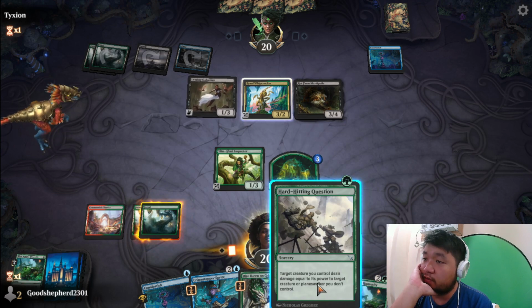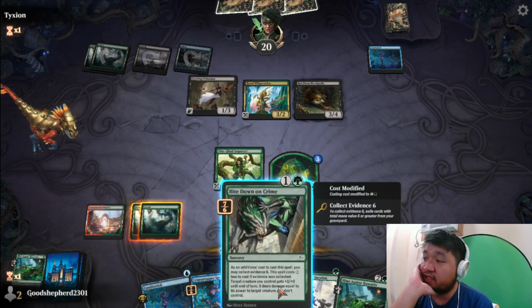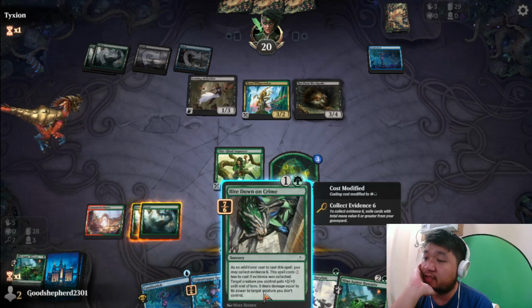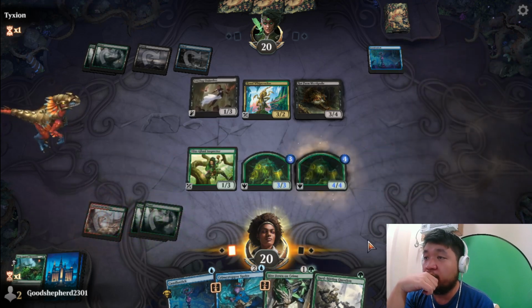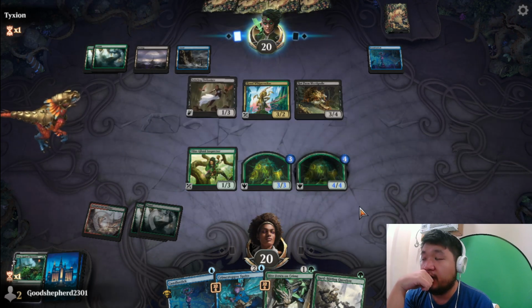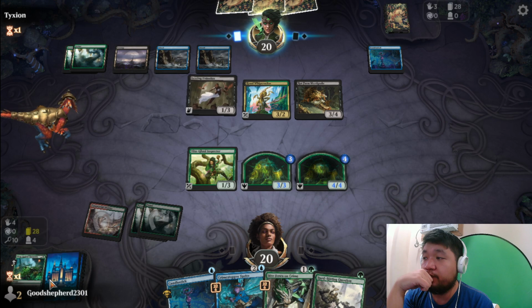So this is equal to its power. This one, I could just collect evidence. That's like, what's the evidence cost here? 6. Okay, so kind of want to do it one after the other. We'll have to take the menace hit first. And yeah, we're kind of...